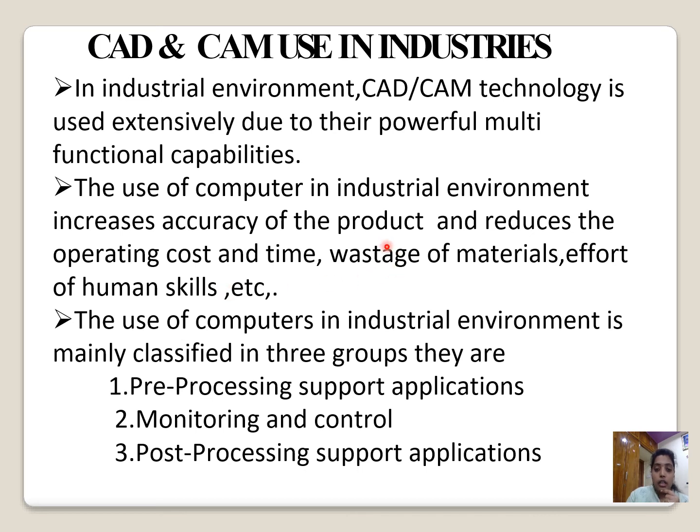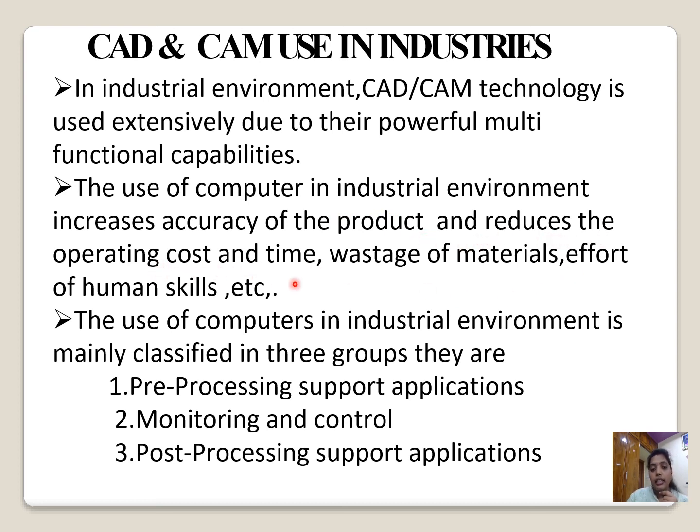Okay. With the use of computer, what are we increasing? Here we are increasing the accuracy of the product. If we involve a man, he will definitely make some mistakes, small or big. To reduce those mistakes, to improve the accuracy of the product, here we are using a computer